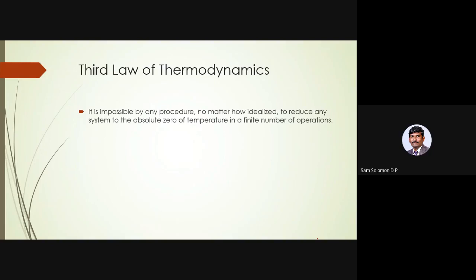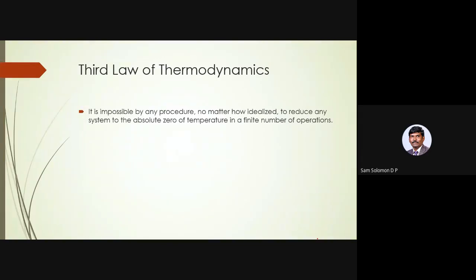This third law is not in our syllabus. I introduced it to give you the outcome of this absolute thermodynamic temperature scale, so that you can have a feel of what we are talking about. The significance of the absolute thermodynamic temperature scale is that temperature is just a function of the heat supplied and the heat rejected. With this we come to the end of the third unit.